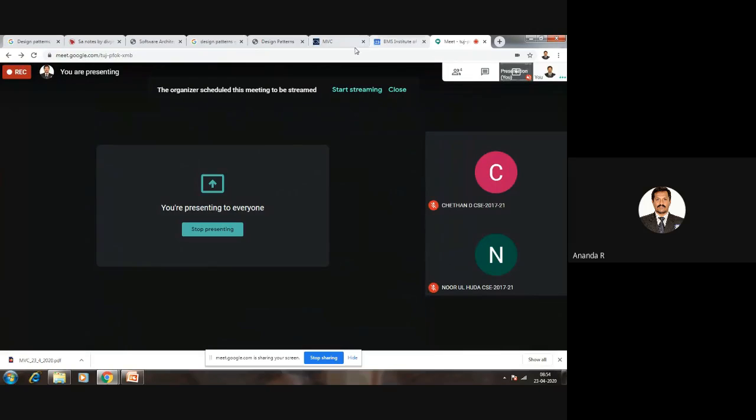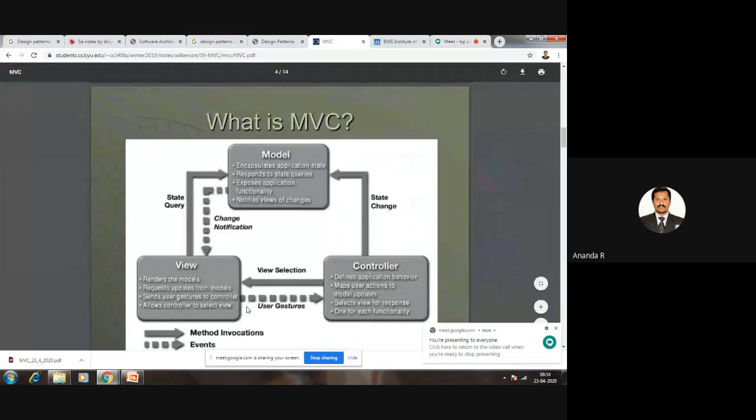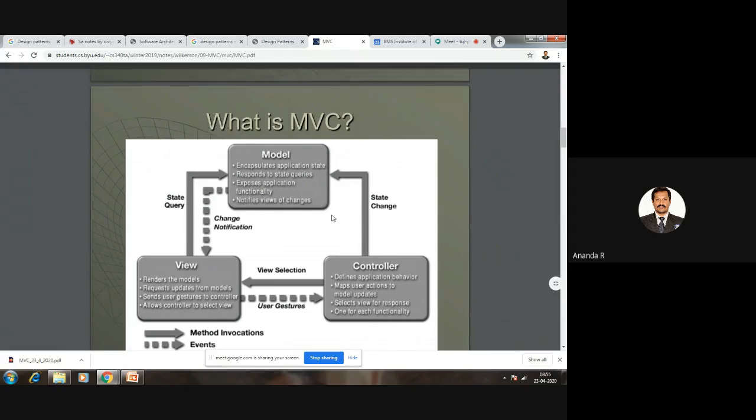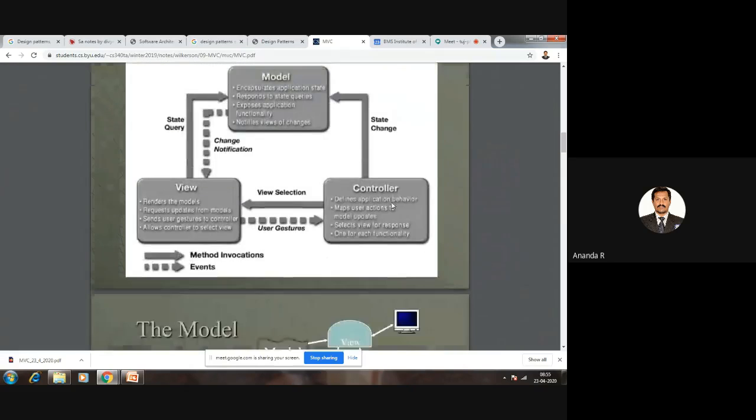That is also one of the parts of our model view control architecture pattern. Like this, controller is there, model is there, and viewing is there. As you can see, this is the connectivity between these three components, explained by this small diagram.